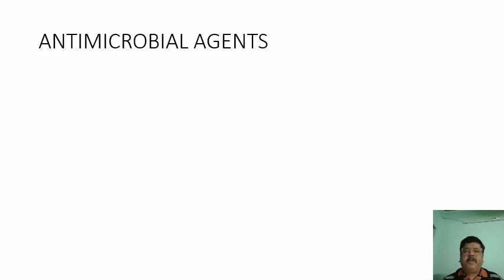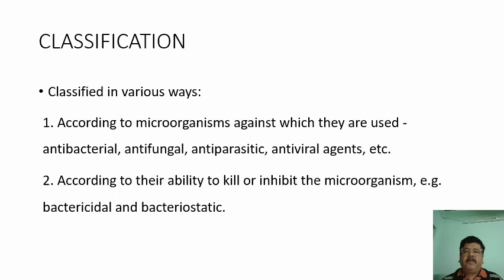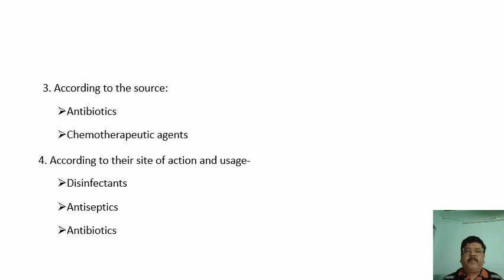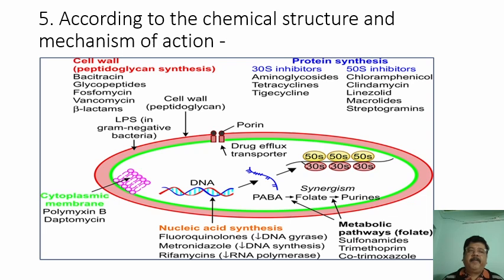Antimicrobial agents are classified in various ways, like antibacterial, antifungal, antiparasitic, and antiviral agents. According to the ability to kill or inhibit microorganisms, they are bactericidal and bacteriostatic. According to the source, they are antibiotics and chemotherapeutic agents, and according to the site of action and usage, disinfectants, antiseptics, and antibiotics. Then according to the chemical structure and mechanism of action, this diagram shows the first is cell wall,